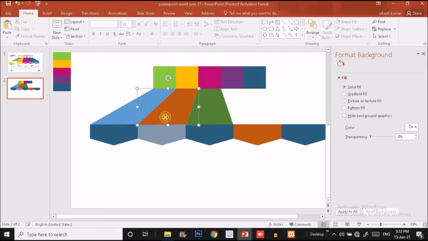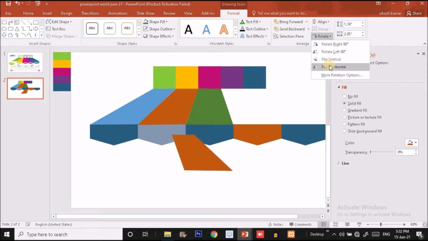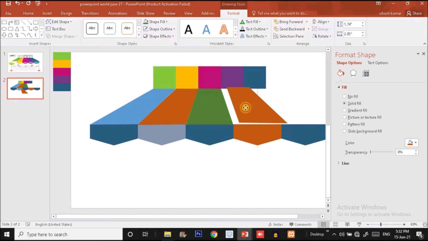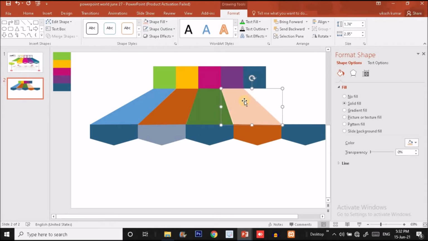Okay, now it's fine. So now what I'm going to do, I will duplicate this shape by pressing Ctrl D, and after duplicating it I'm going to flip it horizontally and put it over here. Choose any color.